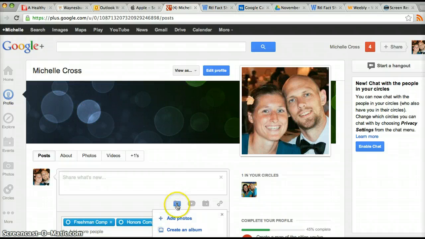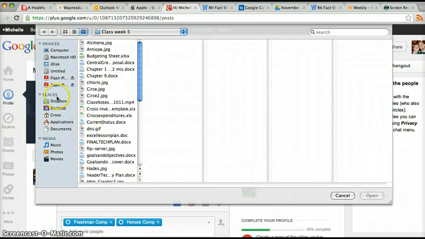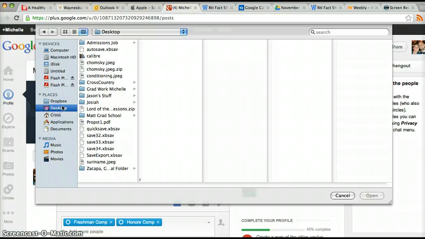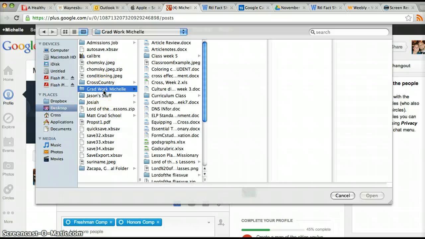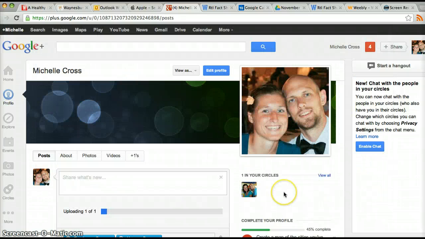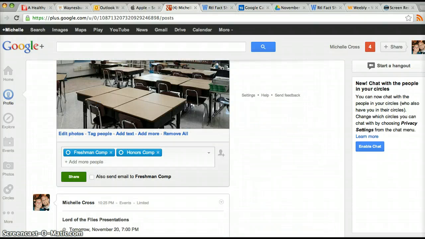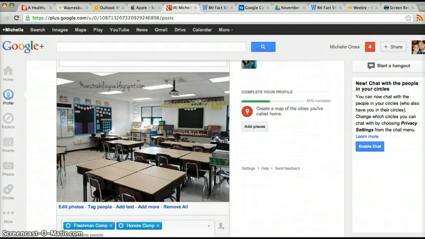And again, you just click on add photos. It'll bring up an example. If I look at grad work and I have a classroom example, I want to open up an example of my room. It'll upload that. And then you can see down here that I've uploaded a picture of my classroom and what it looks like